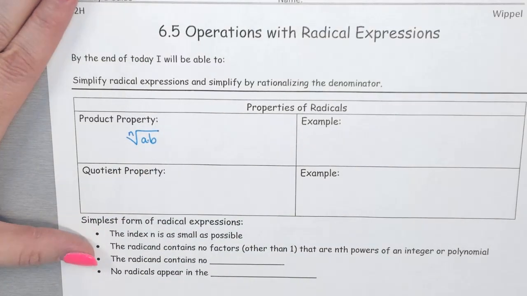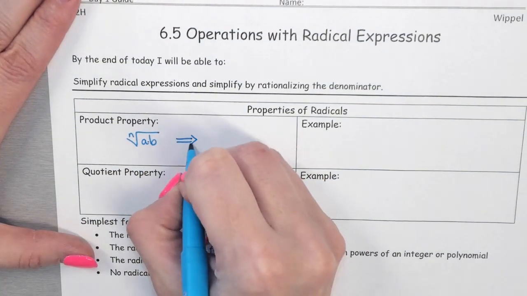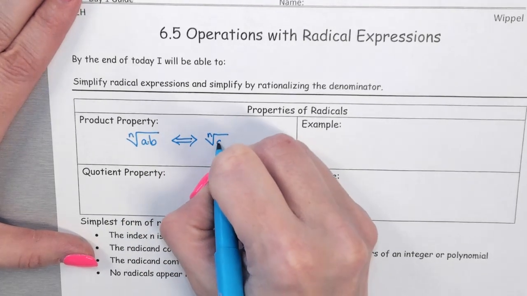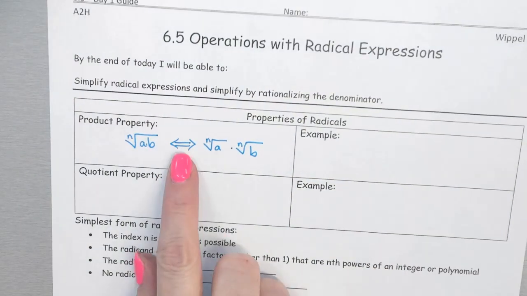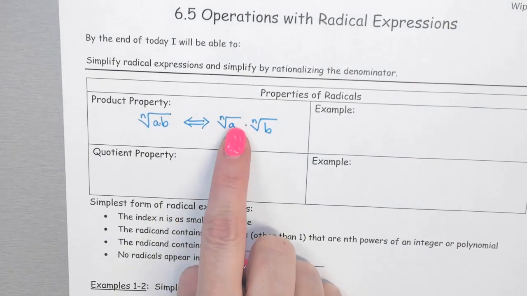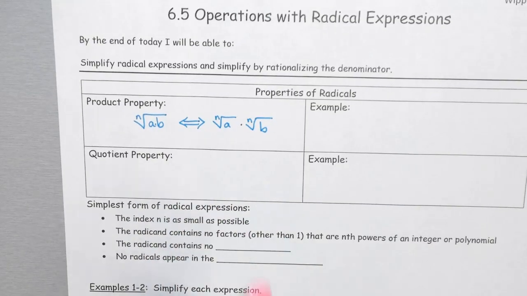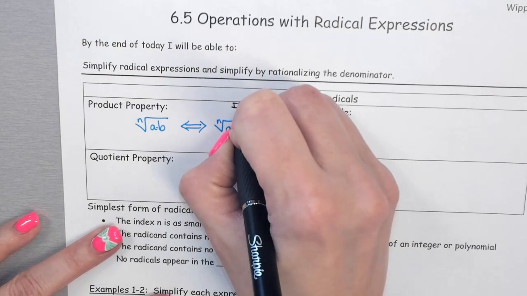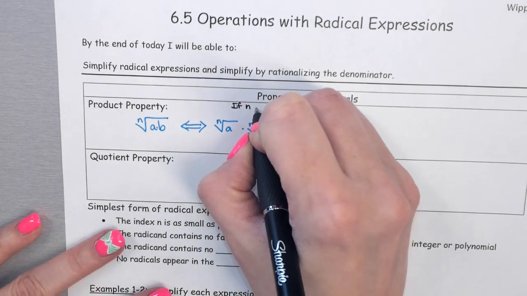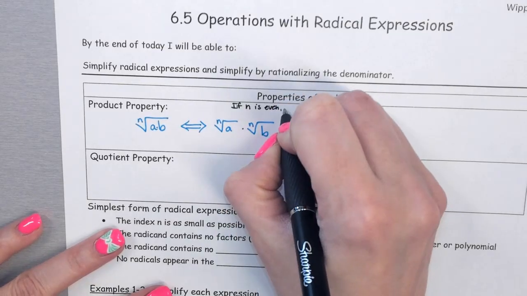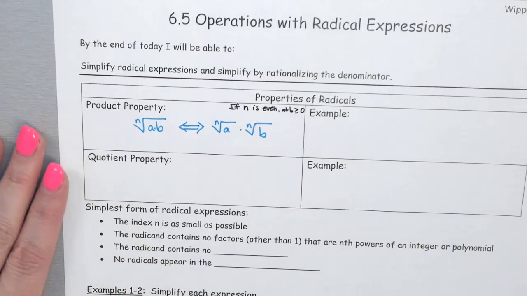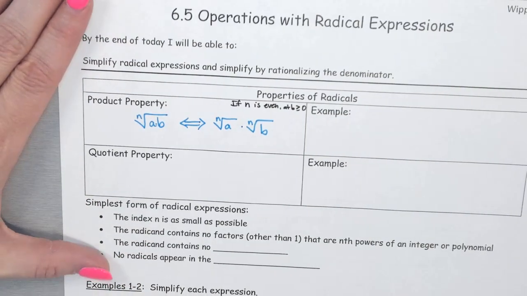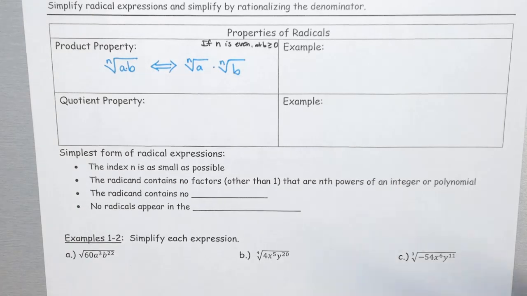If you have two values multiplied together, you can always separate them. Okay, and this goes forwards and backwards. If it starts off as 2, you can multiply them together. That's why we have the double-sided arrow, because it doesn't matter which way you're going. Okay, and if the index value is even, sorry, I forgot to switch that for you guys. Okay, if n is even, then whatever's underneath does have to be positive,